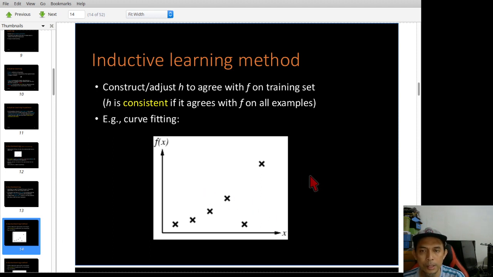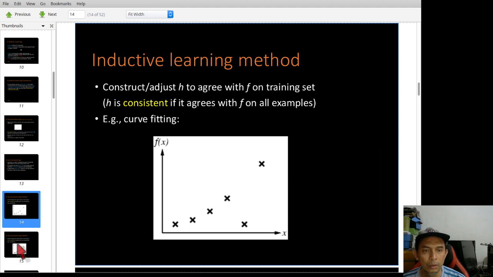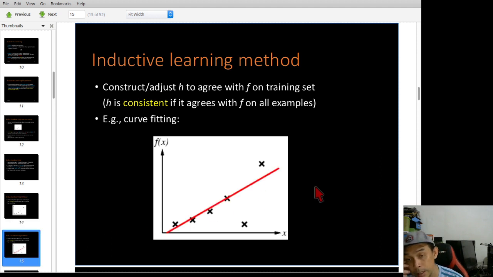So given this data set, for example, we start with a straight line. Is this good enough to represent this data point, this line?